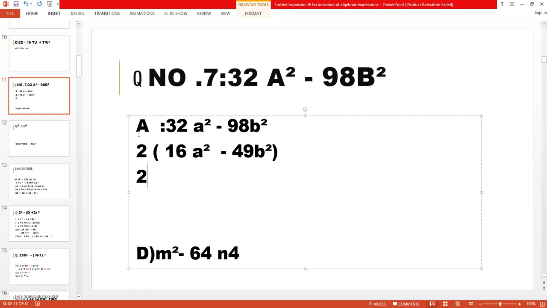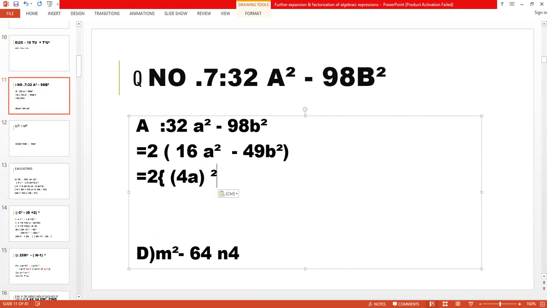So in the beginning, you have to write this 2. In all these parts, you have to write this 2. Okay. Now we come to here. First, I have to put this in this bracket. Now I have to put a round bracket. 16 is a square of which number? 4a. Then you have to close it. Then you have to put this sign. This means 4a multiplied by 4a is equal to 16a square.